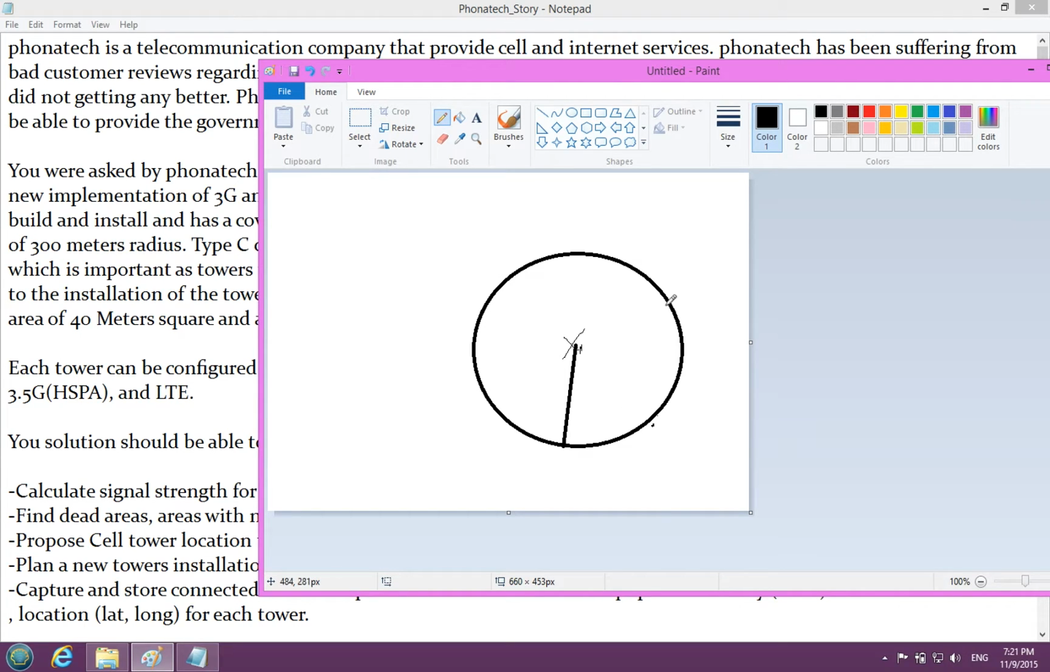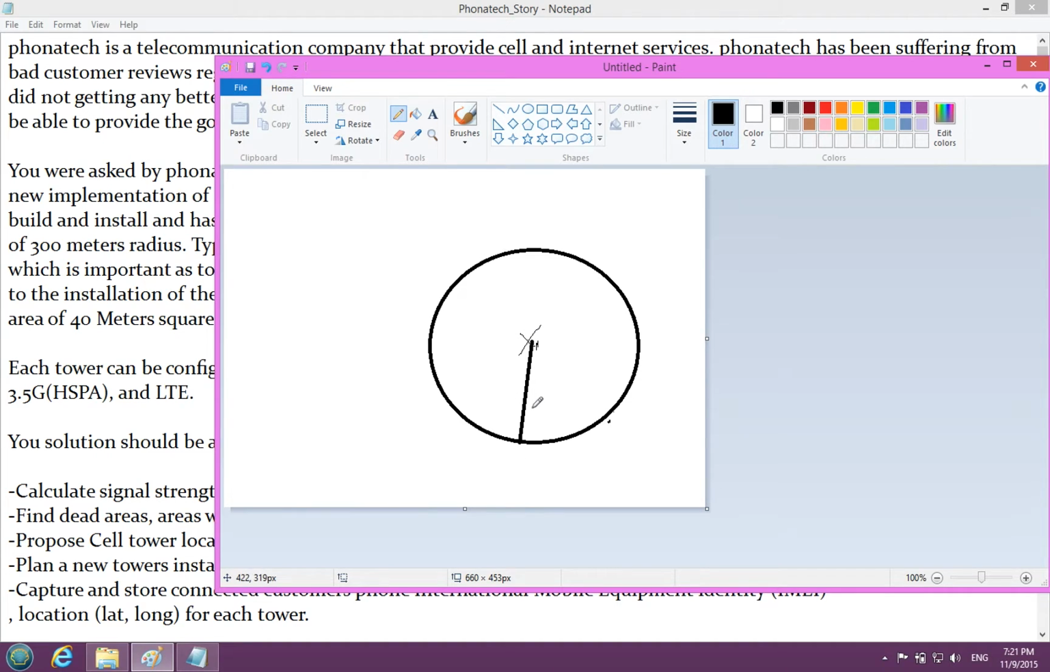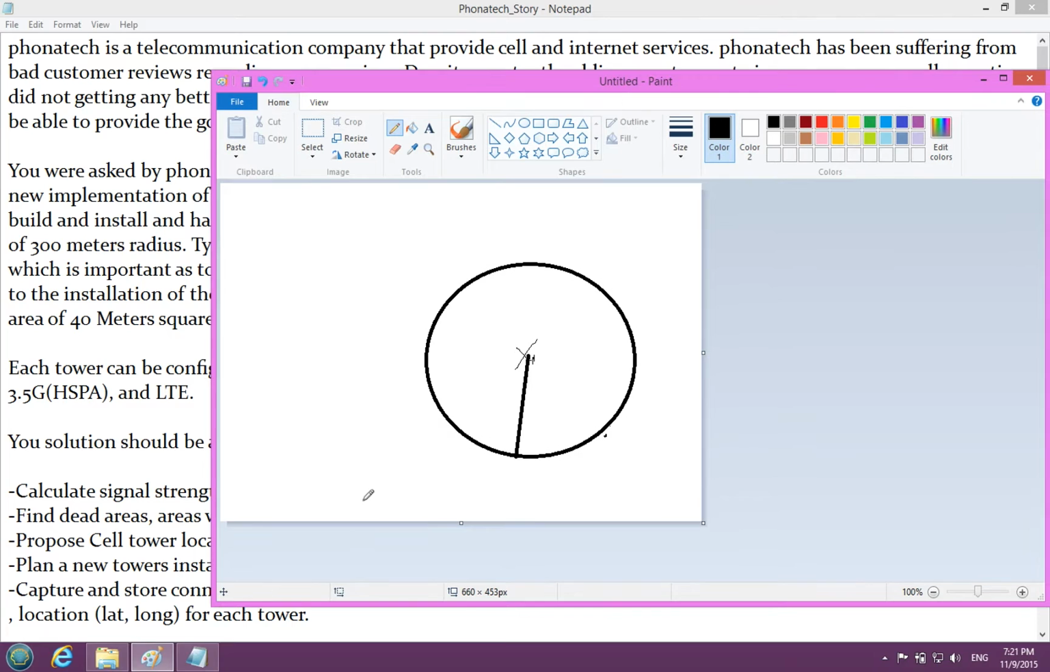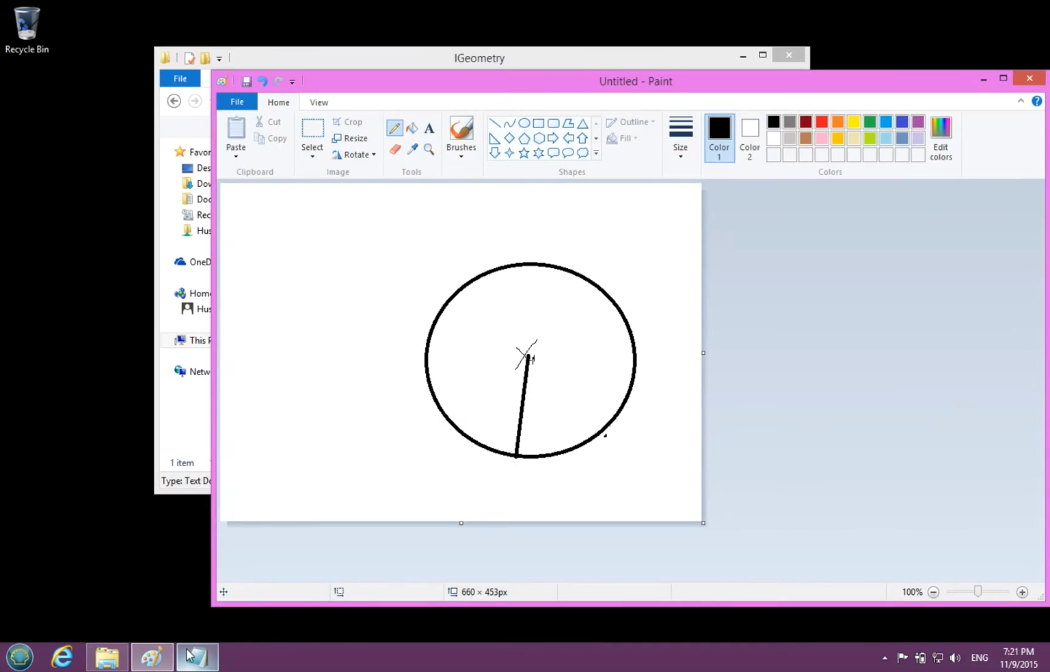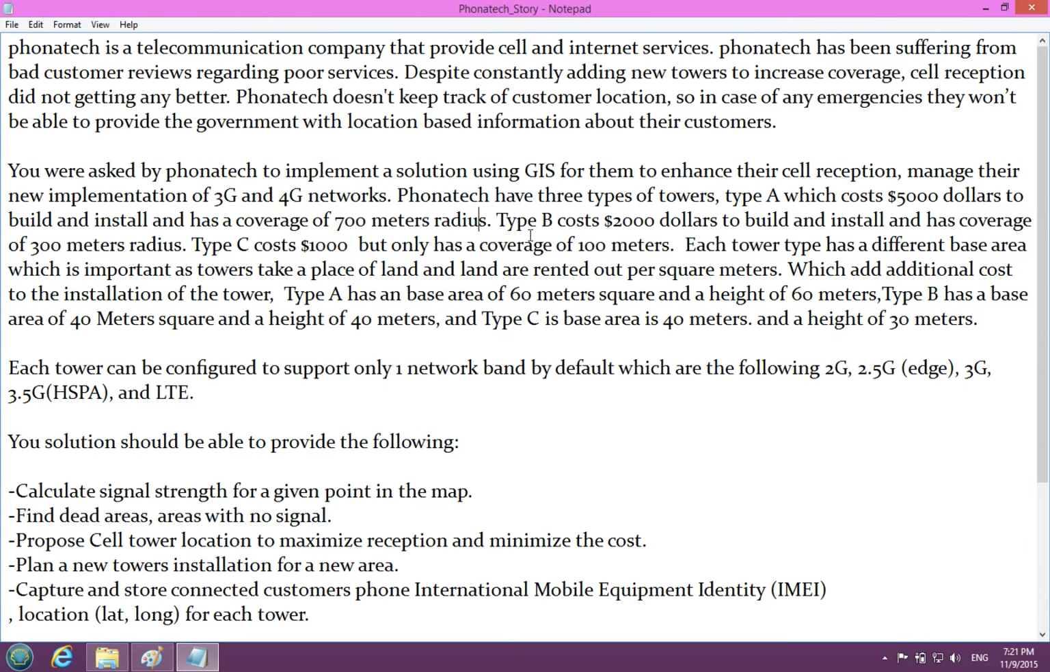All right. So this tower has a 700 radius. Apparently, this is a very high-tech tower or whatever. So it's the largest one. Okay, and it costs 5,000. So it's a pretty expensive tower, right? They didn't tell us the height of that tower though. The height is very important. But anyway,